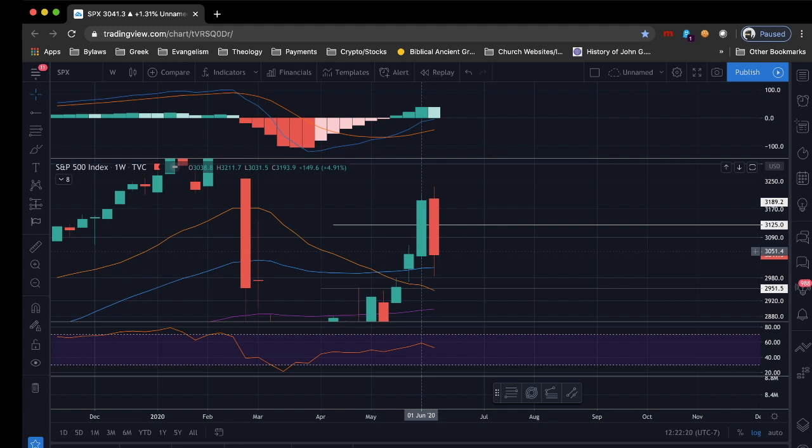But we don't try to make predictions. All right, we try to make observations. That is our job. We make observations, and based off of those observations, out of the facts, then we try to make probable or wiser decisions. In this case right now, the feeling here is that, yes, we are going to go downtown, okay? But we have to wait to see that confirmation, right? We have to see us actually break down this candle as well.